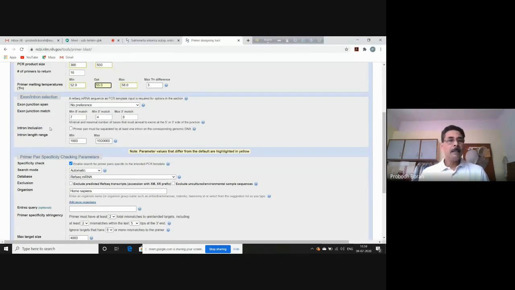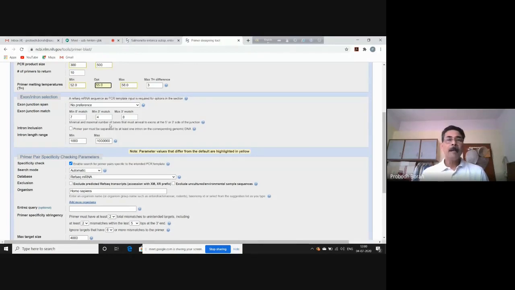Then next parameter is exon-intron selection. This will be important if we are using a gene sequence of a eukaryote where there are both introns and exons. Because as you know, in eukaryotes, the gene sequences are not contiguous coding sequences. Coding sequences are intervened by certain non-coding sequences which are called introns.